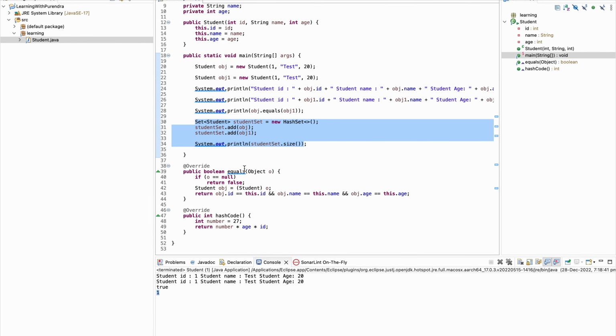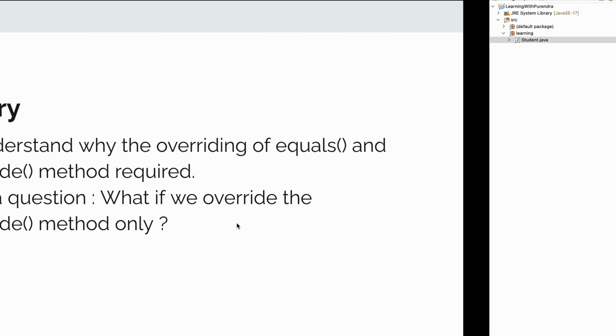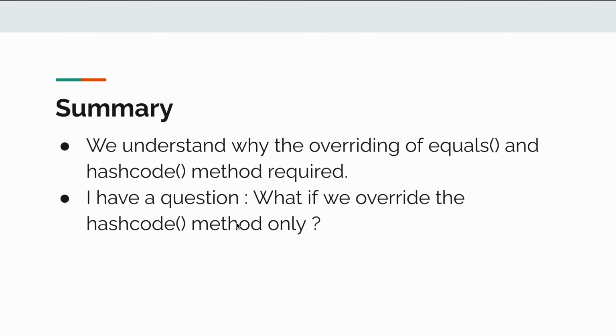I would recommend everyone use this program, comment out this equals method, and run the program to see the changes. It would give you a better explanation of why we require both methods. Okay, that's all from my end.